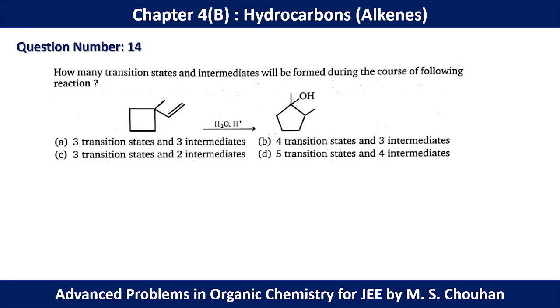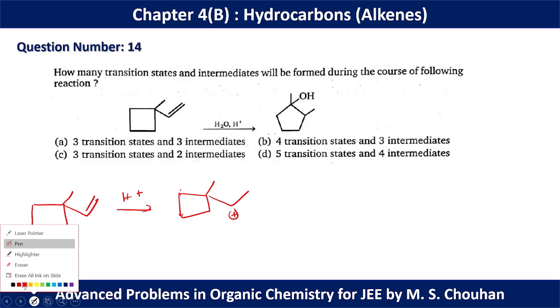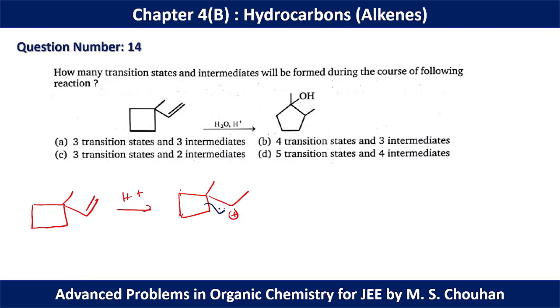In question number 14, we have added H3O plus to this 4-member ring. So we can draw the proper mechanism like this. We have a situation like this initially. Now addition of H plus, basically this is opening of the pi bond, like plus and minus. Now this minus charge will accept the H plus, and we can draw a situation like this directly, because addition of H plus is nothing but this. Now this 4-member ring will be involved in rearrangement.